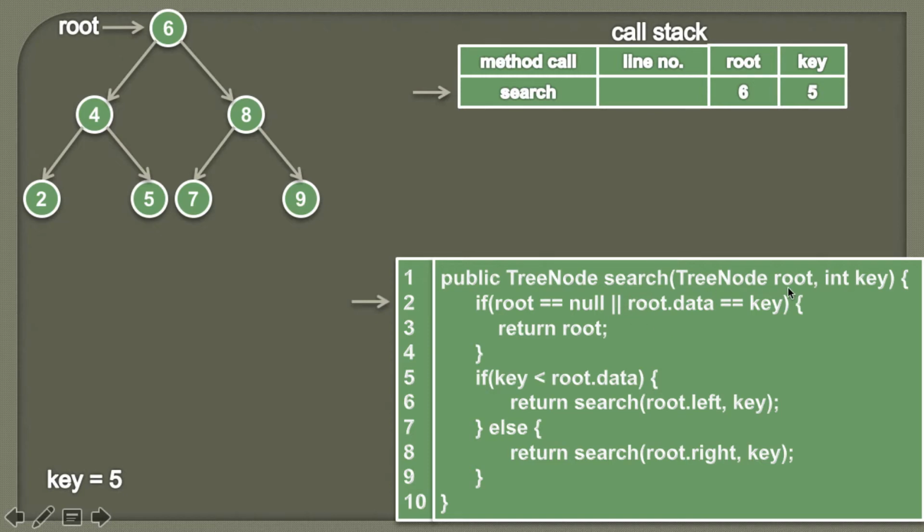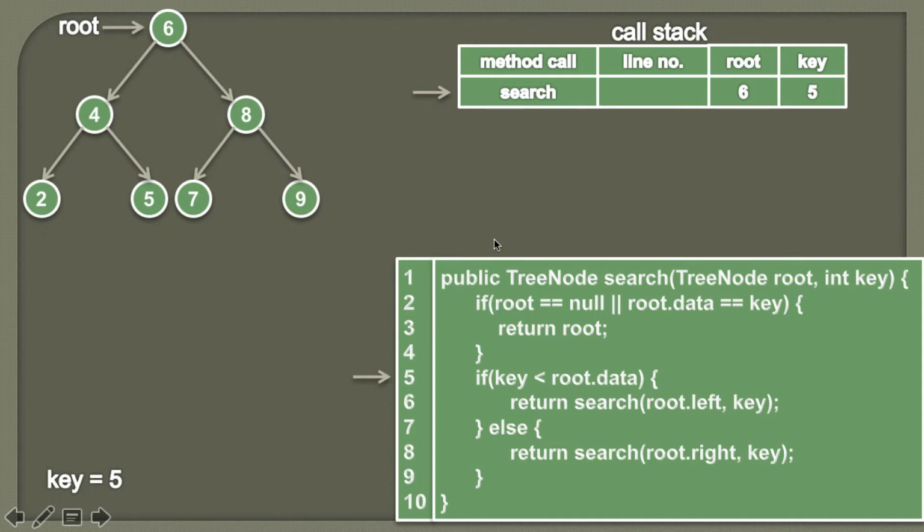So friends, as we are searching a particular key using recursion, we have to provide a base case so that we can come out of the recursion. So here the base case would be, we are simply checking in the if block whether root is equal to null or root.data is equal to key or not. So currently you can see root is not equal to null. It is pointing to a node having data as 6. And we also know that root.data, which is value 6, is not equal to key, which is 5. Therefore the condition in the if block comes out to be false.